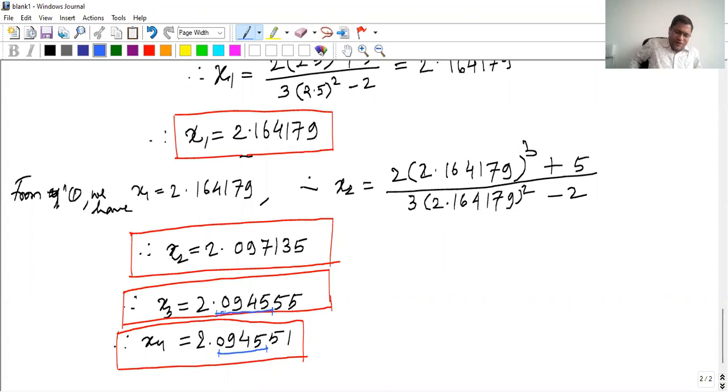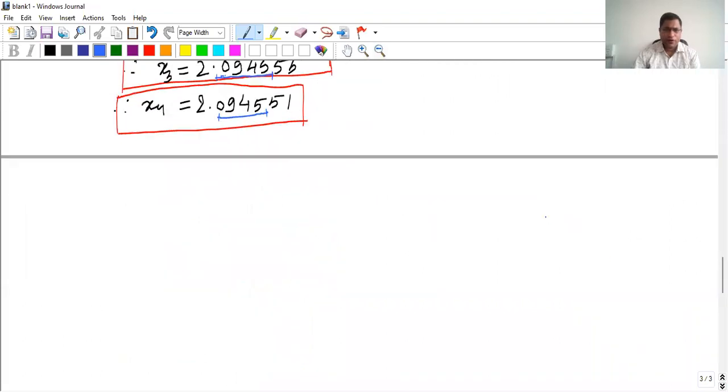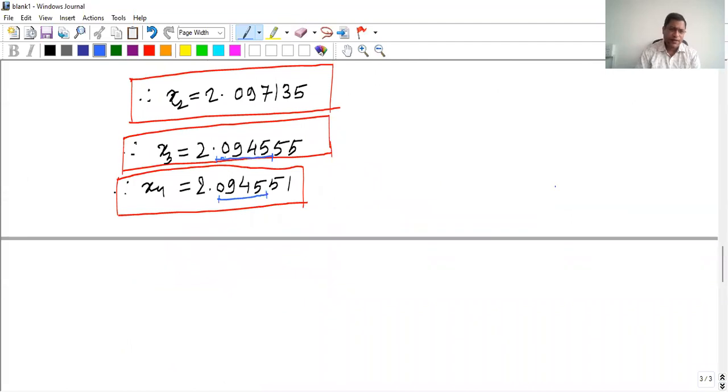When you write 2 more digits, your error will be less and it will be easy for you to understand where we have to stop with the 4-digit accuracy. So when the 4 digits after the decimal point match with the previous iteration, then we stop. Here we got these 4 digits matched, and hence we can say